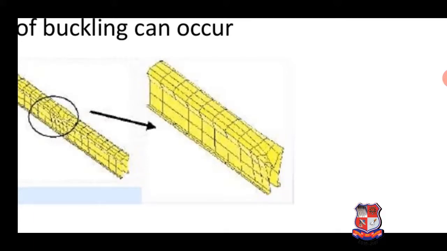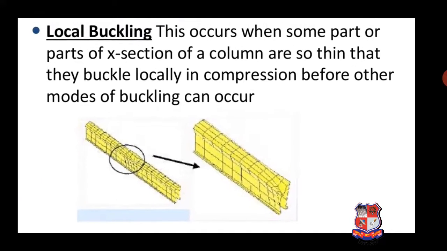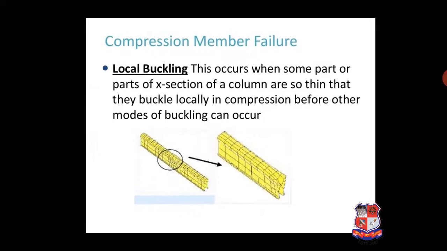How can we prevent this failure? This failure by local buckling can be prevented by selecting a suitable B by T ratio of the component or plate. So we avoid this buckling failure. We can select a suitable B by T ratio for our section. Second one is